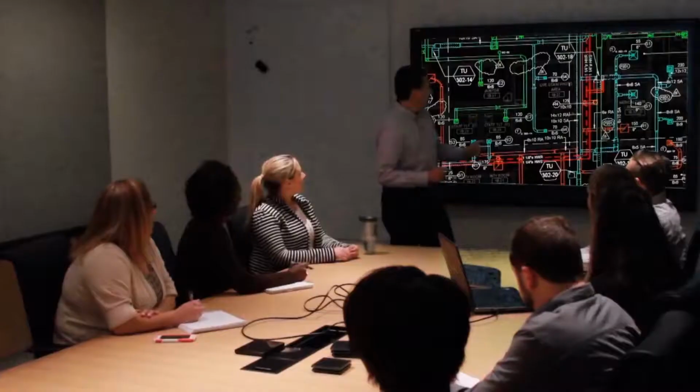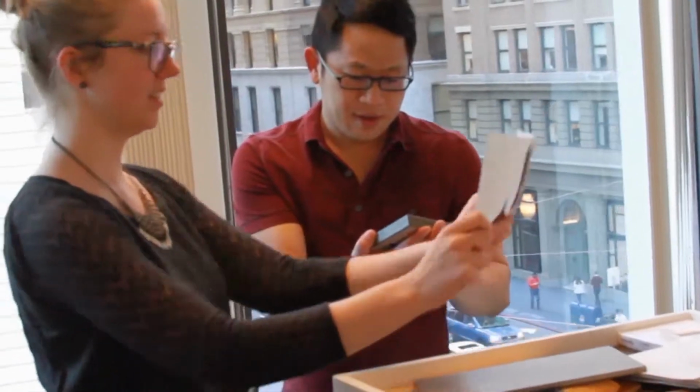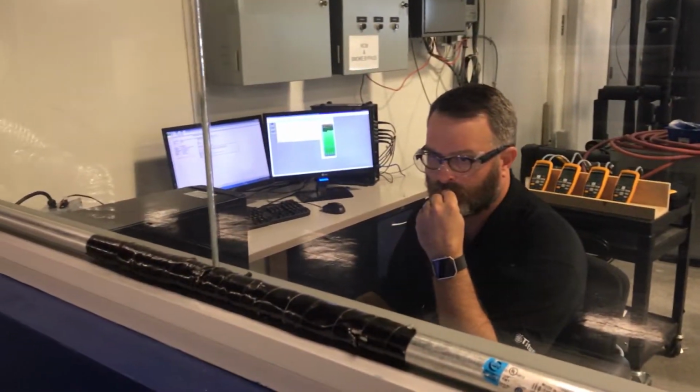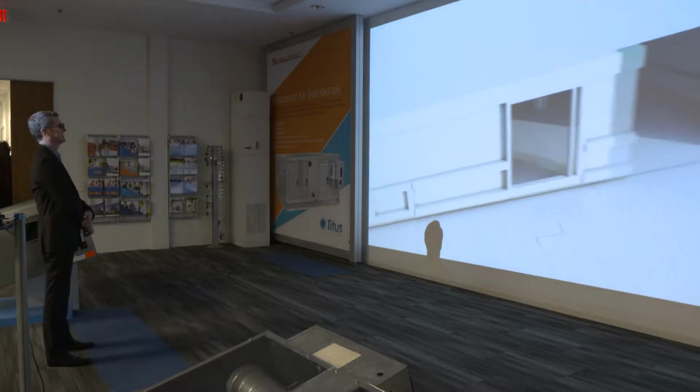In our practice, we have multidisciplines. So architects, interior designers, landscape architects, and engineers all sit together to solve the problems that we face. We look to lessons beyond what we've done every single day. And in this situation, we actually look to Titus as our partners. Titus is not only at the forefront of air diffusing and chilled beam technology, but